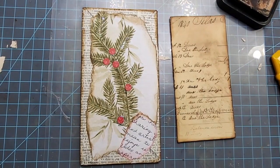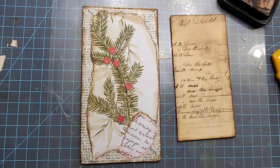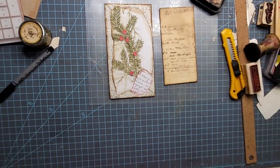And look who I have secured. Look who I have secured. If you haven't met Sunshine, he's my little Maltese puppy. He came